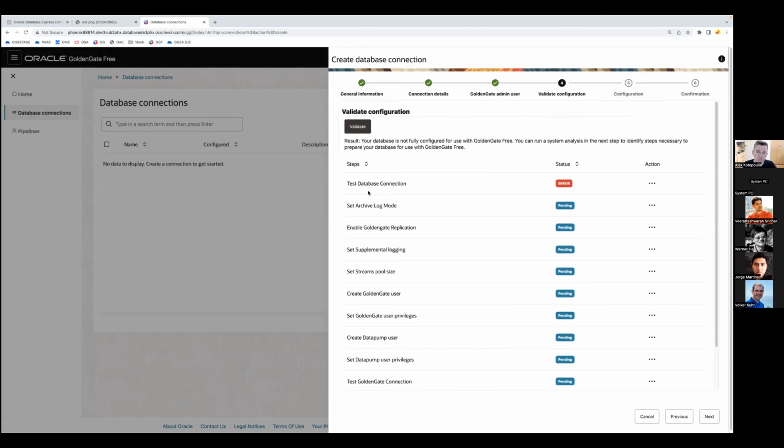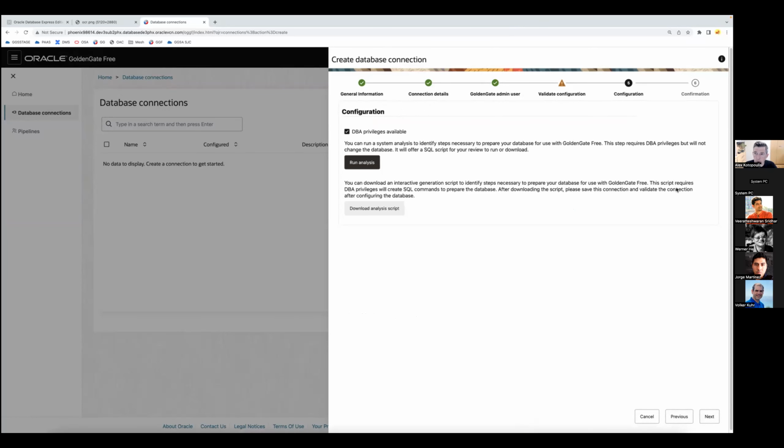So it gives you the information that the testing of the database didn't work out because we don't have the user yet. So that's okay. We'll go to the next step. And now we can actually configure the database from the ground up to make it fully functional with GoldenGate. So first, we already gave DBA privileges earlier, so the system knows we have them. So we're running an analysis on your database,